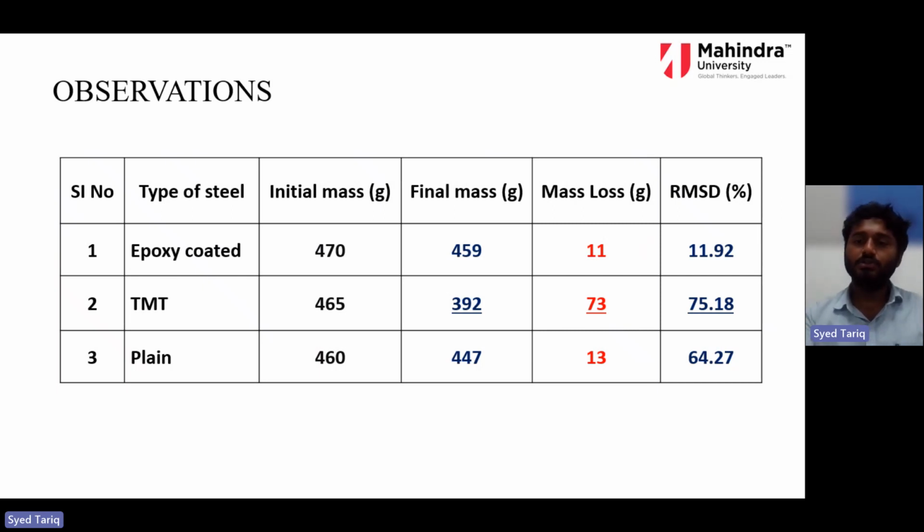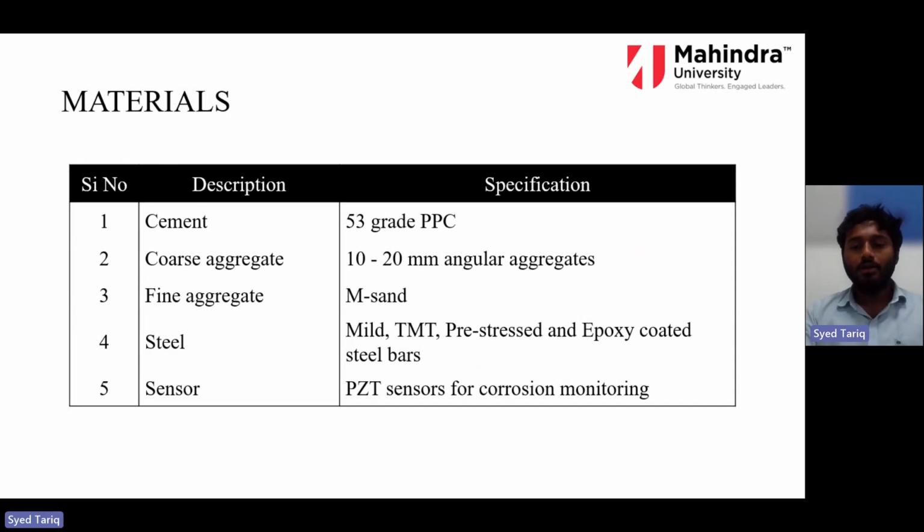You can see 75.18% deviation in the TMT bar. So that's more corrosion; it is more subject to corrosion. Here it clearly states that epoxy coated steel rebars have better resistance to corrosion than plain and TMT. That is what we have seen for the bare bar steel corrosion. Next is for the concrete covered